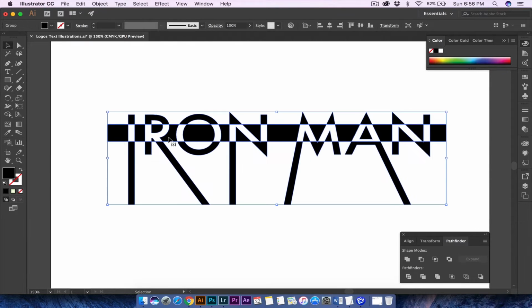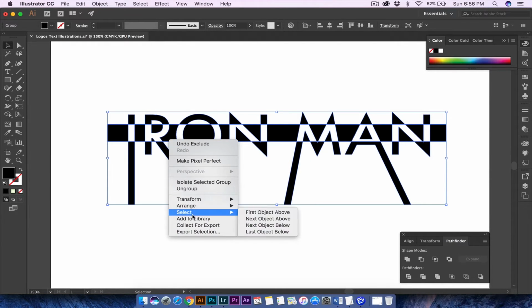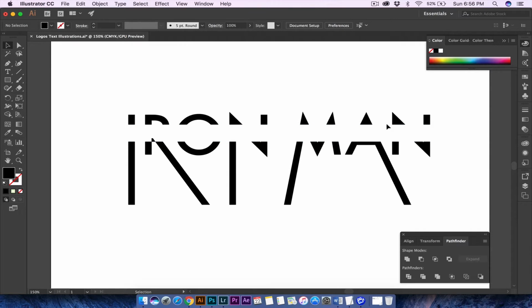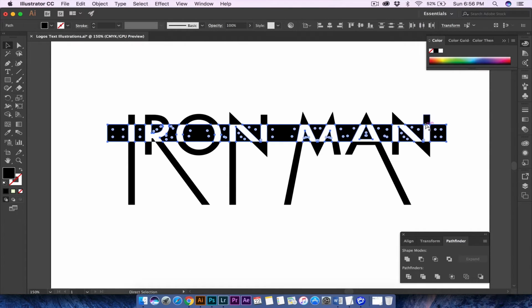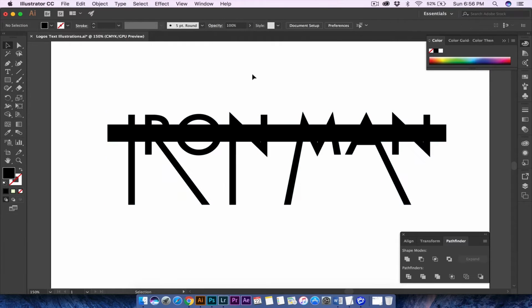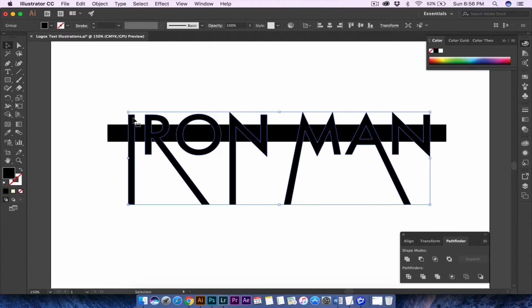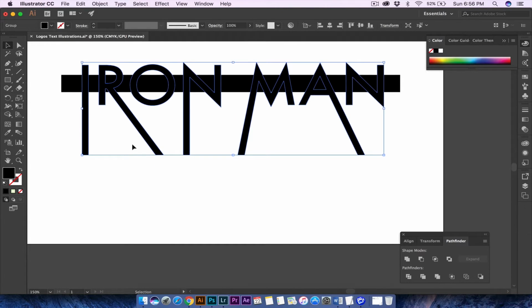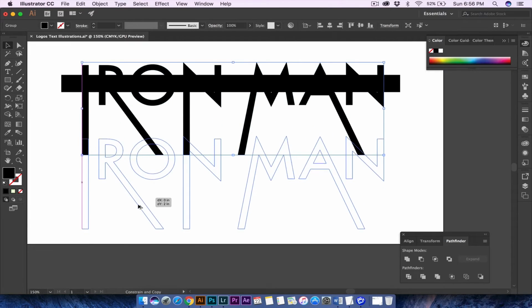And if we were to ungroup it, we'd actually end up erasing everything that we actually want to keep. So unless you wanted to do something like this, that's not what we're going to be doing. So after you've created your rectangle here, the next thing you're going to want to do is go ahead and grab the Iron Man, and we're going to hold Alt on our keyboard, and we're actually going to make a